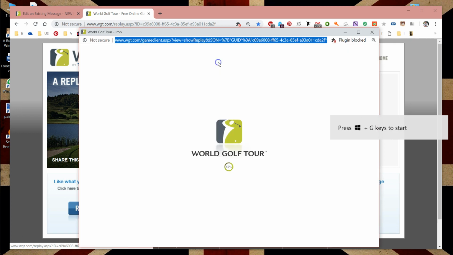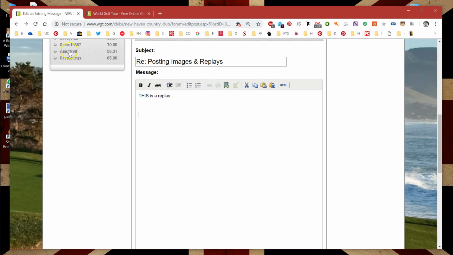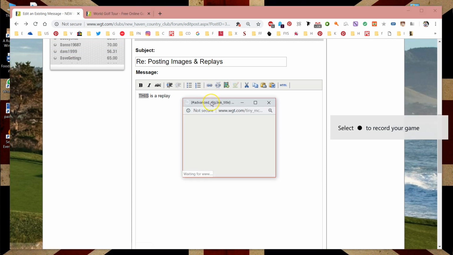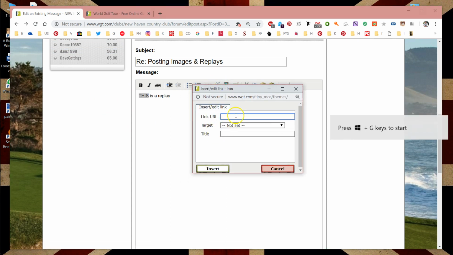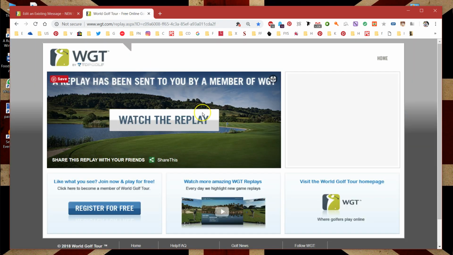right click, copy, get rid of that, highlight the text that you want, click on add edit link, right click paste, open in a new window, and there's the link. Or if you want to be clever and post an image,